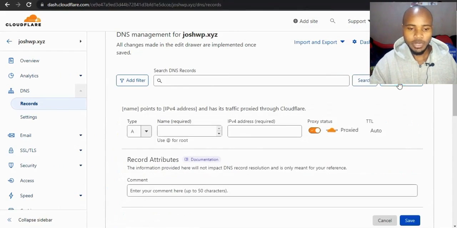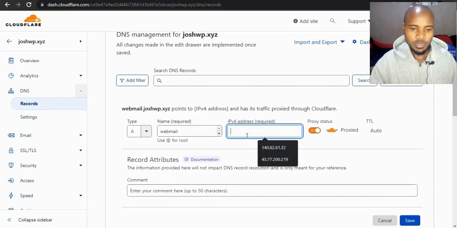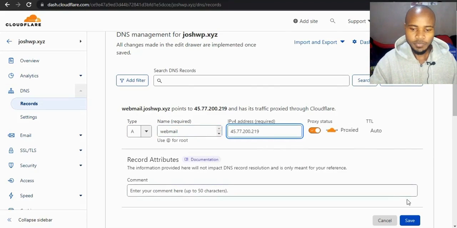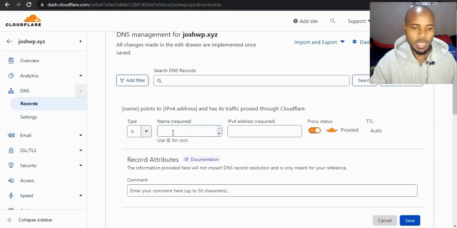Want to add a mail record, so I want to add a name. This one is a mail record here. I want to add webmail to that IP address, which would be this IP address. And we also want to add one more record, which is mail. Just add an A record, mail,